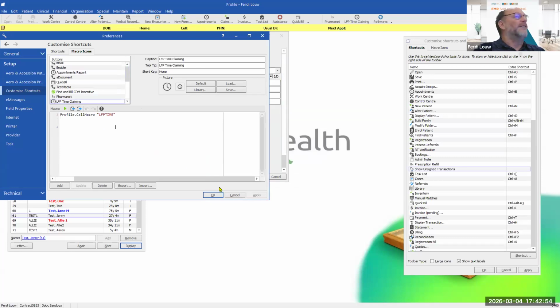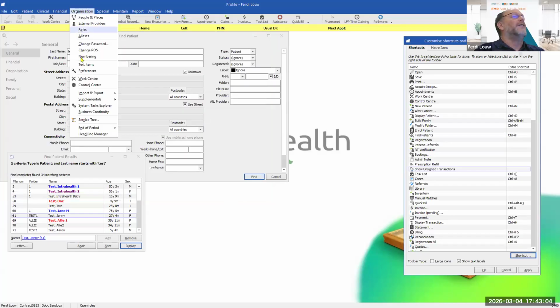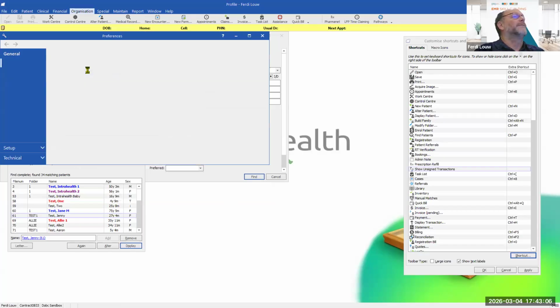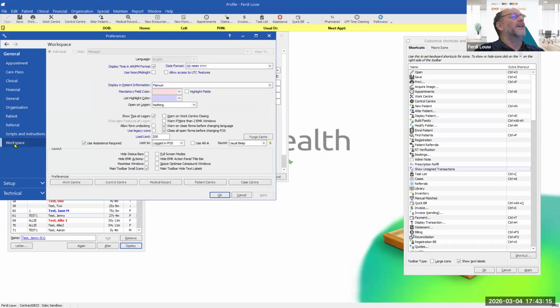This is not the only place where you can set hotkeys. Let's go back. I'm going to close this and open it again. So we go to Organization and Preferences. And here you can see is an entry under General. So I was under Setup just now, but under Workspace, you can open a lot of other stuff there as well.